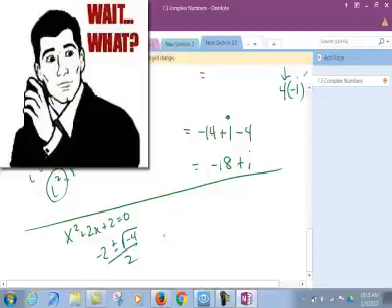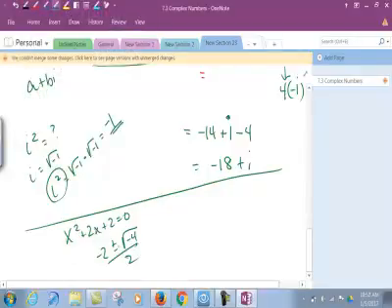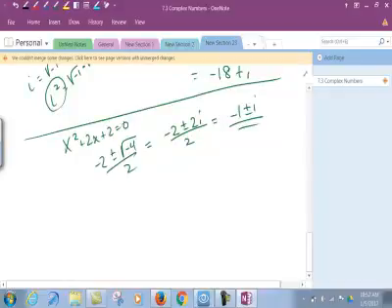I'm almost there. So you recall at the beginning we had a quadratic that we needed to solve, and at the beginning we stopped here and said no real solution. So let's go ahead and finish it with what we know now about imaginary and complex numbers. So we can rewrite this as negative 2 plus or minus 2i over 2. And so then we can simplify it because there is a factor of 2 in all of them, and we'll go ahead and call that negative 1 plus or minus i. So what exactly does this mean? If we were to take negative 1 plus i and put it into the original quadratic,